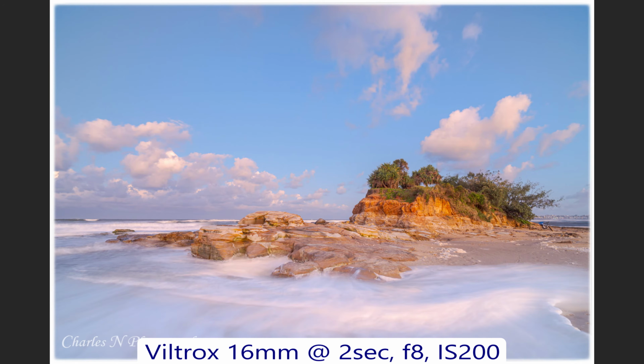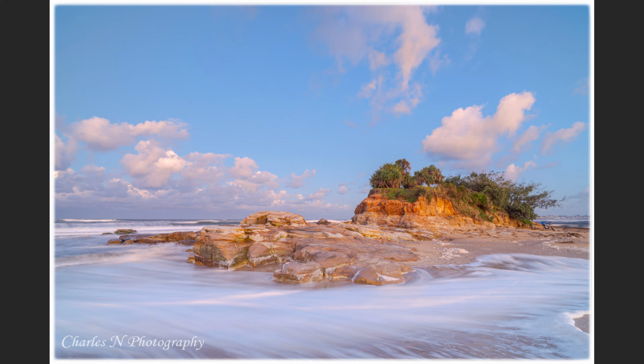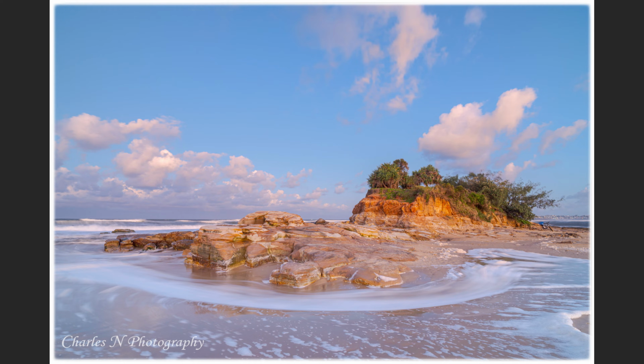Now by April, the sun sets much quicker than it does in the middle of summer, so light was fading very fast. And you can see here by the aperture that I was already at 2 seconds, f8, ISO 200. And this first image here, you can see the wave has come fully in and all you can see is just a whitish area. There's no detail in there. Here, it's slightly better. You can see the waves now are going out. And this is the last image here when the wave had just about fully receded.